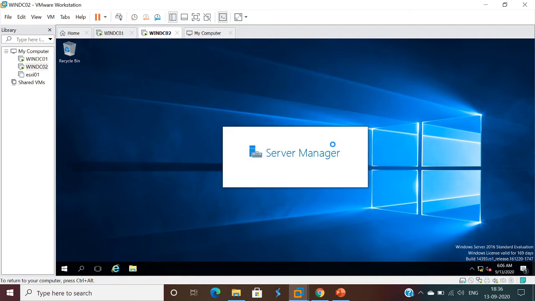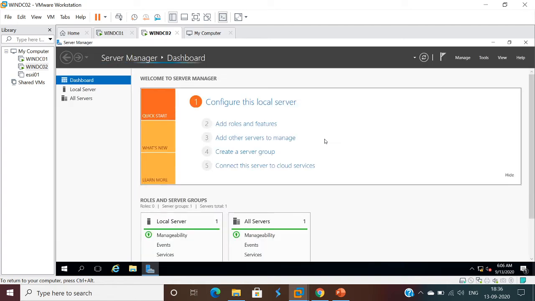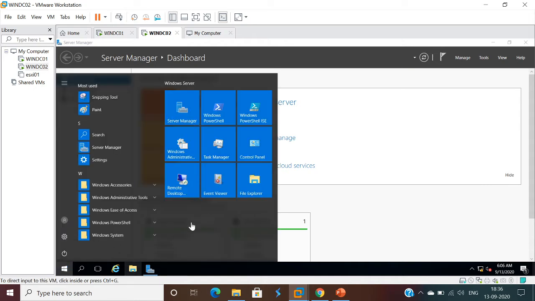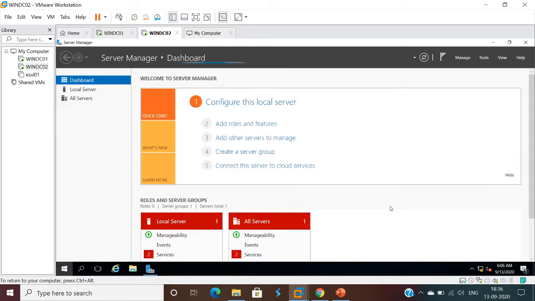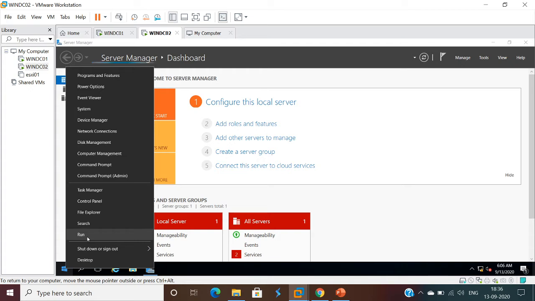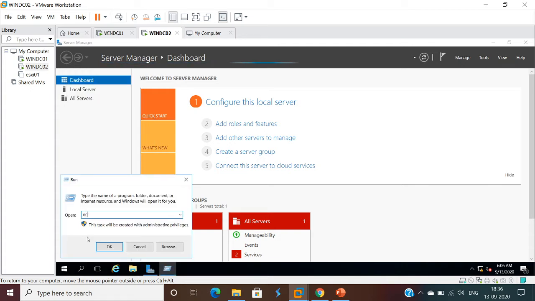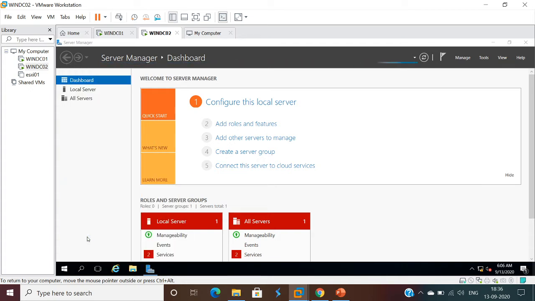Before installing the domain controller in DC02, make sure we have assigned the static IP address. To check, open Run and type ncpa.cpl.